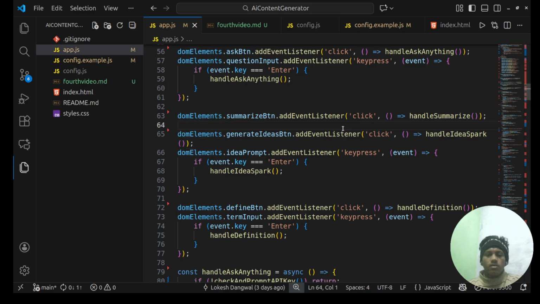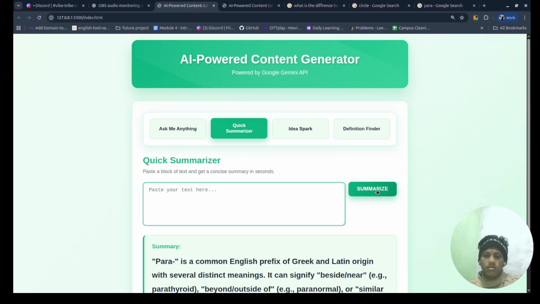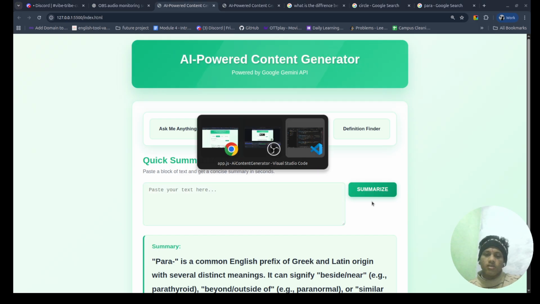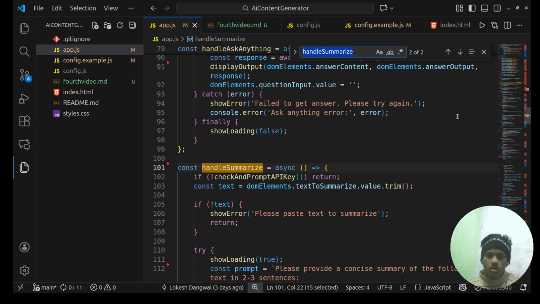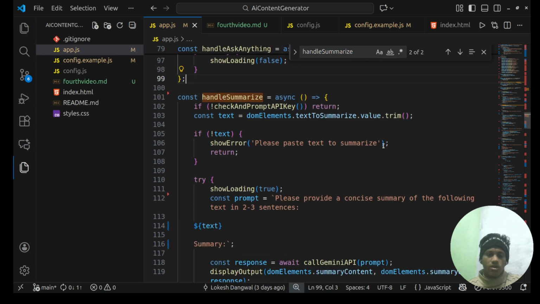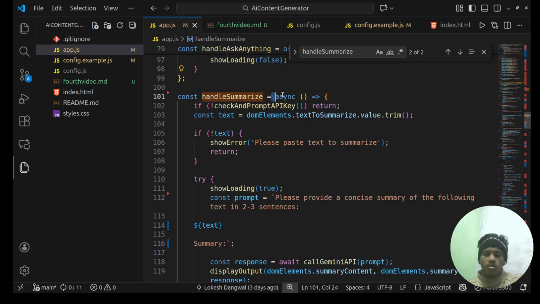So first I will select the DOM element, this button, and on this button I will create an event listener. When I click on it, this callback function, handleSummarizer, will run. It is an async function.